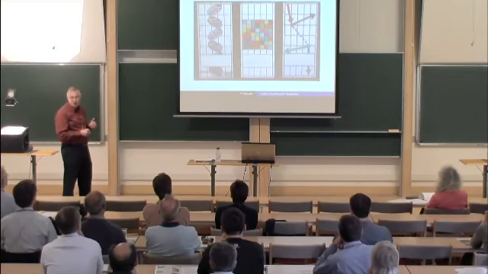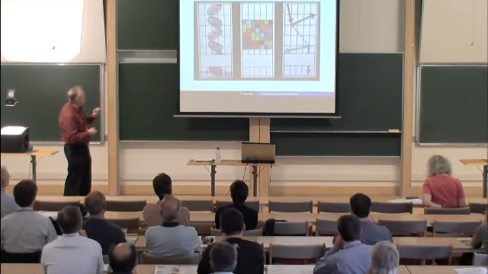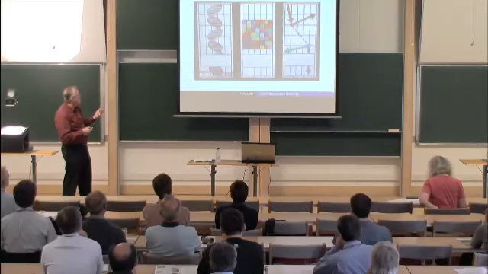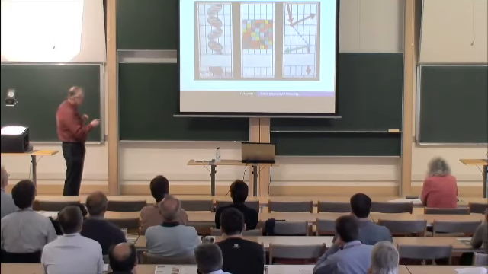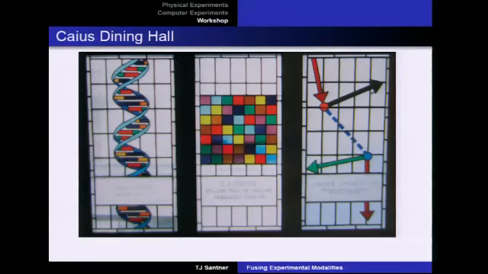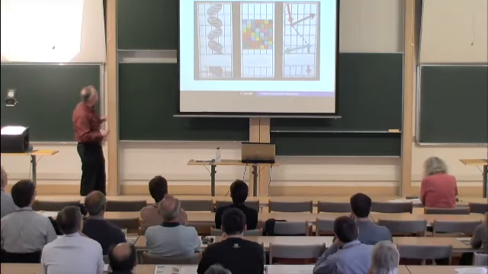so one can go down and actually walk in and see this dining hall, which has stained glass windows that are associated with the various fellows, most of whom are actually Nobel Prize winners, and the stained glass windows dedicated to the contributions that they made in science. This is the first one. Left one is Crick, Fisher, and then this last one is James Chadwick. So this is a 7 by 7 Latin square in 7 colors. So it's a very famous window among statistical types, and of course the DNA.